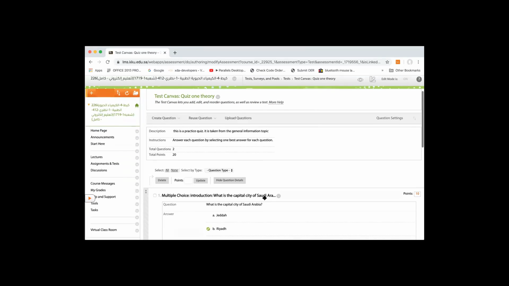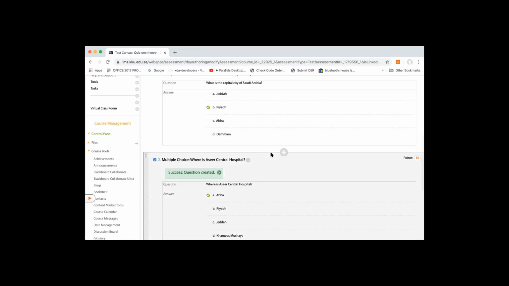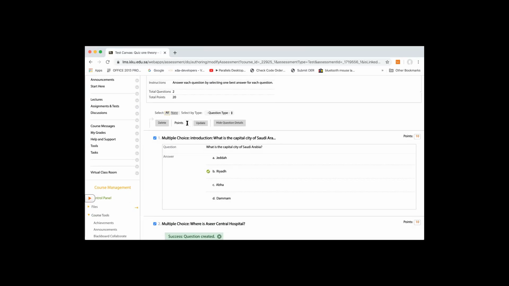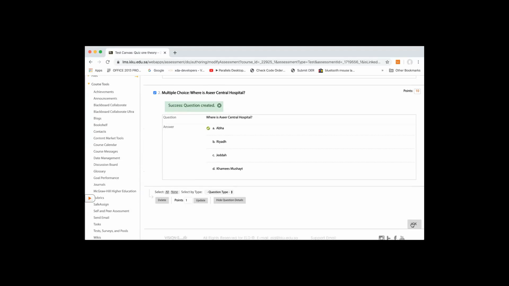So it's telling us by default what happened now. We have 2 questions. The Blackboard already selected that for every question there will be 10 marks. So the total marks is 20. I can change that, saying, okay, select all questions in my bank or in my quiz. And I say, no, instead of 10, I want only 1 mark. Okay, so now when I press OK,